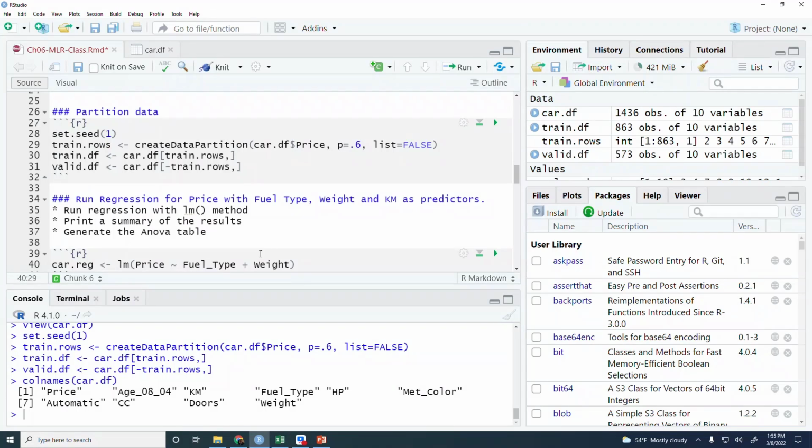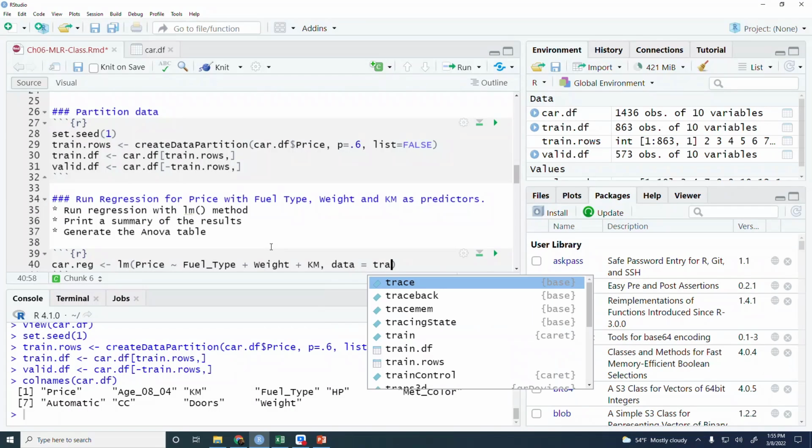Weight is with W in uppercase, and kilometers, km. All right, and then data equal to train.df.